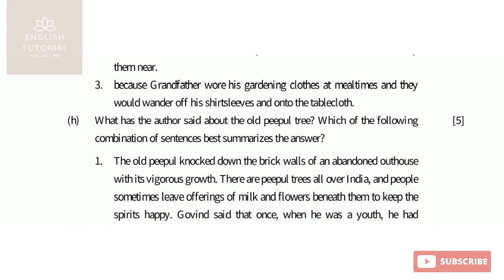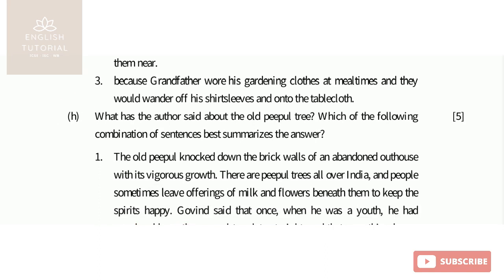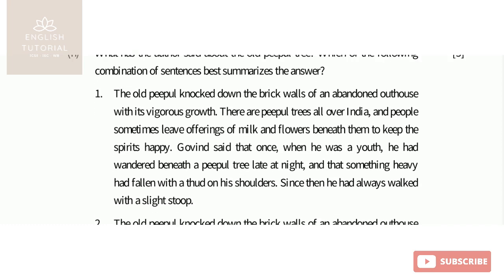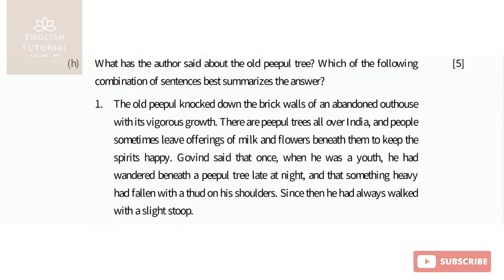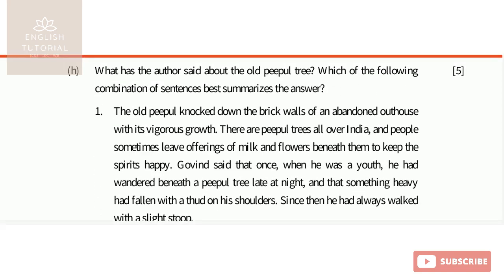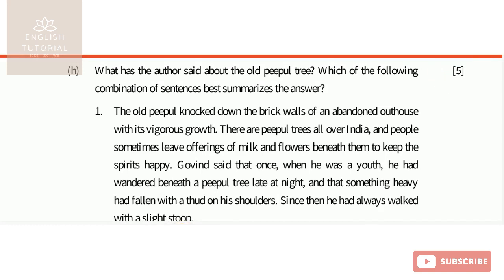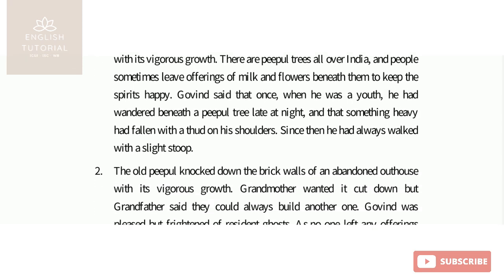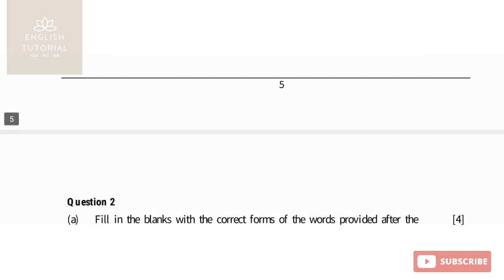Okay, so next one, H. This is the one where you had to write a summary, and here, as a multiple choice question, choosing the summary carries 5 marks. You need to choose the best answer according to what the question asks. There are 3 options given, and the best summary here is 2. So this has gone for your comprehension question answers.